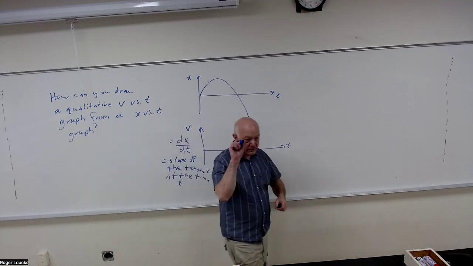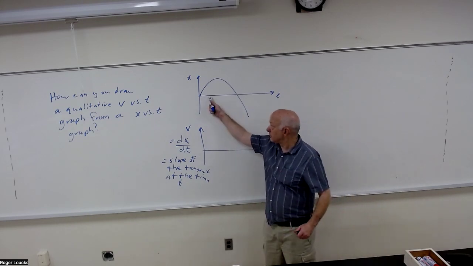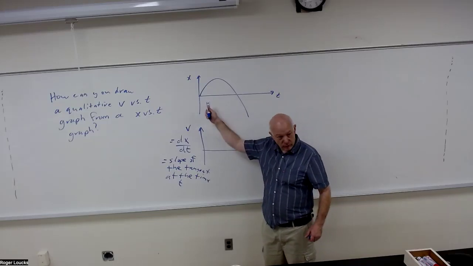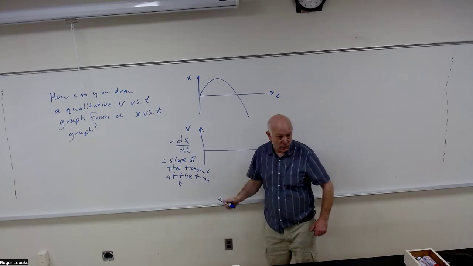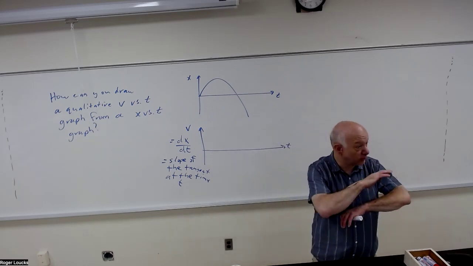So what we have to do is draw a series of dots. We're going to look at this time, this time, this time, this time. And at each of those times, you're going to draw the slope and then graph it down here. When you see something like this, and if you're an engineer you're going to do this all the time,